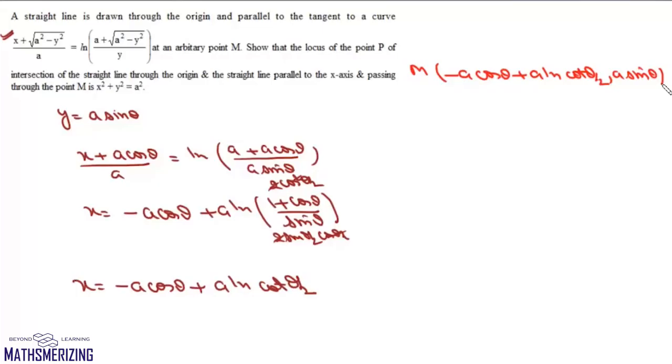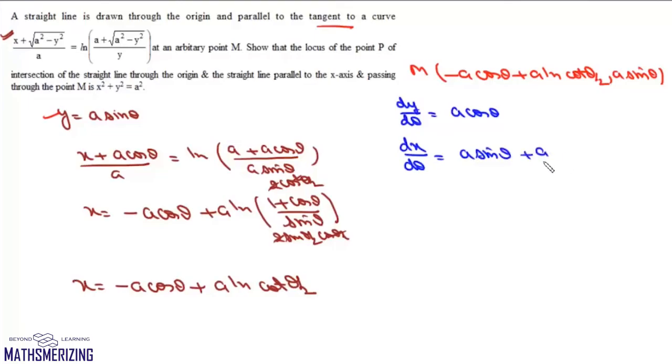A straight line is drawn through the origin parallel to the tangent to this curve at point M. So we'll find the slope of this line. We'll find dy by dx. dy by d theta will be a cos theta, and dx by d theta will be a sine theta